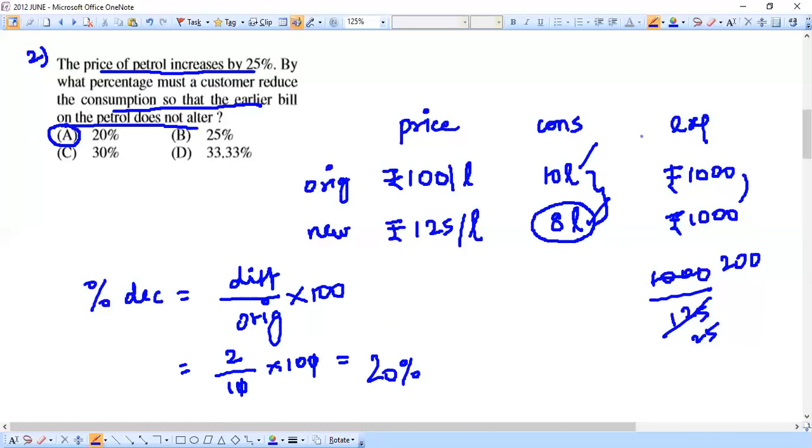So, a same kind of question. It seems every year a question of this pattern is repeating. It gets repeated, only the numbers are changing. Other than that, we have the same concept to be used. See, the same formula is what we are using. Whether it is percentage increase or percentage decrease, we use the same formula: difference by original into 100. So get that, substitute it, simplify it, and you will get the answer. That's it, right?